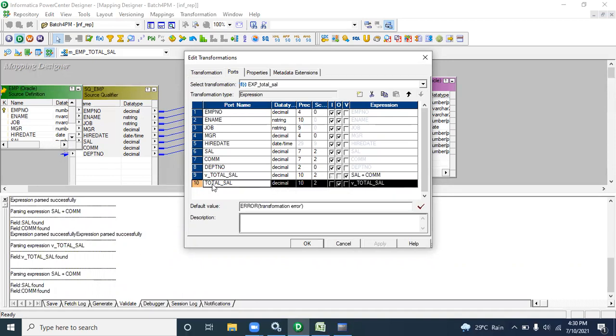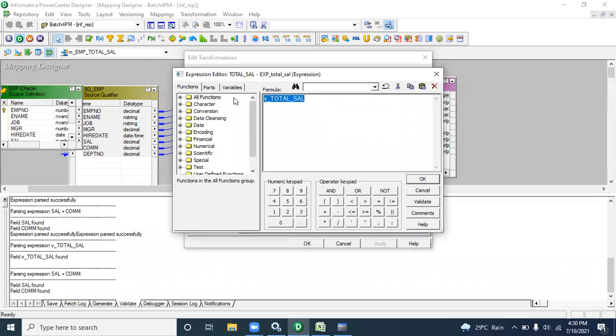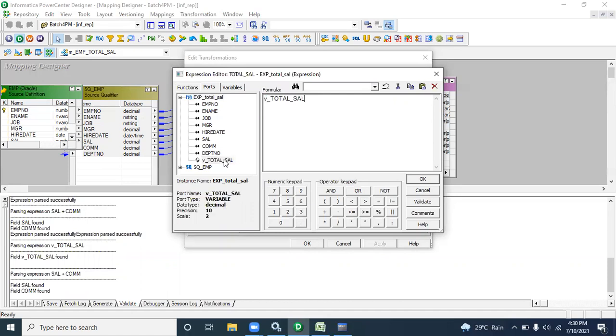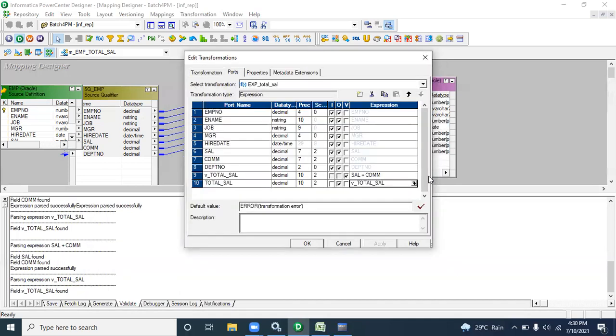After that, you have to create one output field again. If it's a complex logic, you have to create one new output port. Then select the output field, and the expression drop down will be activated. Click on it, and go to the ports tab. Here you are able to see the variable port. Just double click the variable, and the variable port will be added automatically. Just validate it. That's it, nothing else.